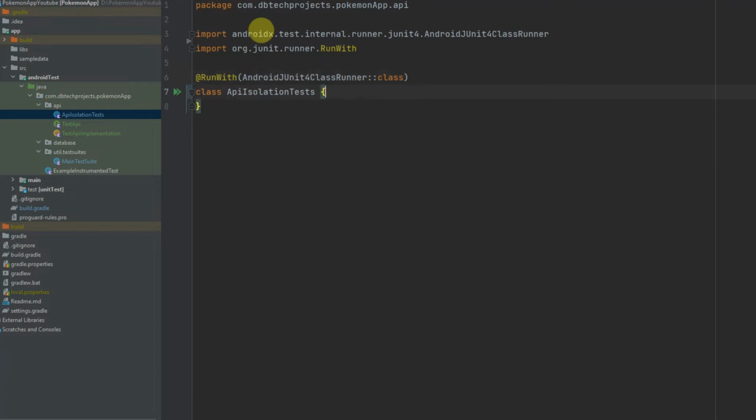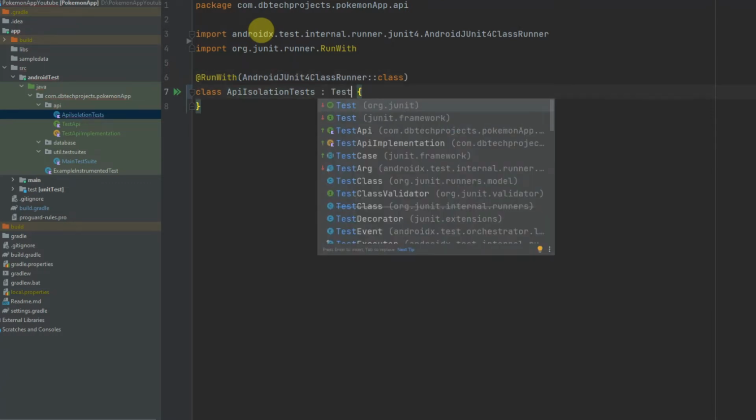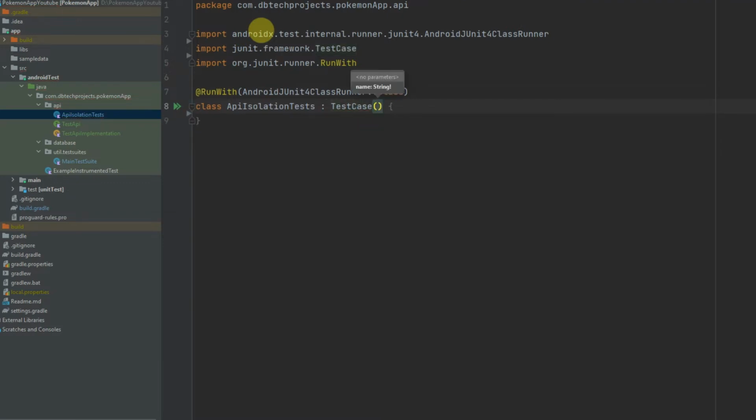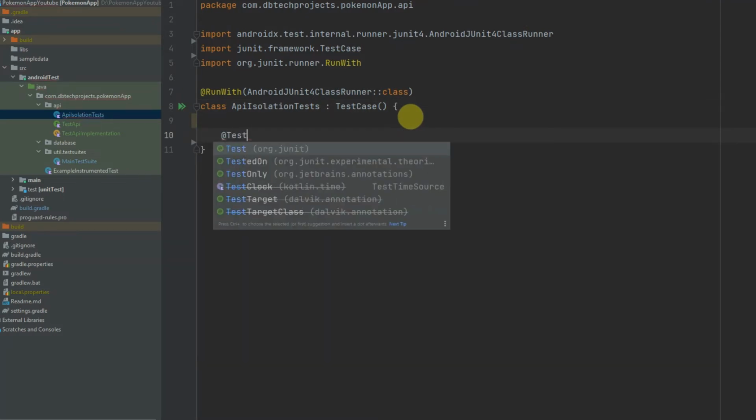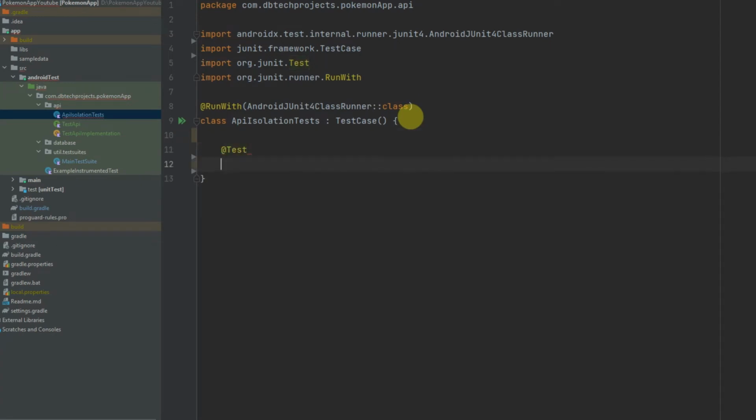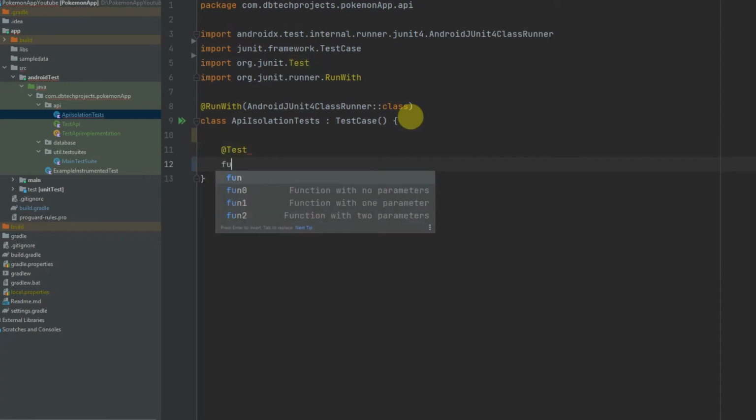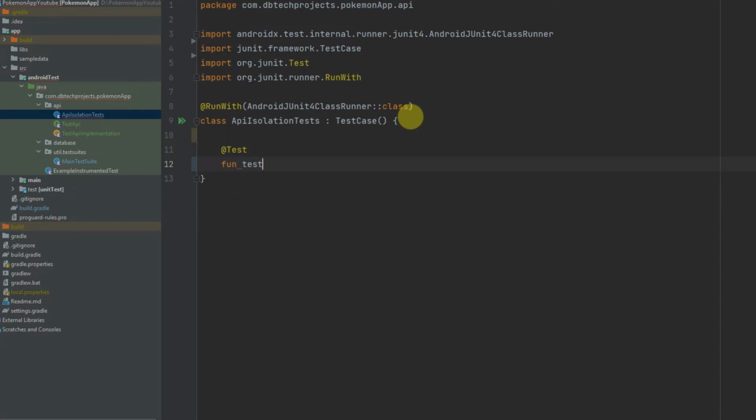There we go. And this class will also have to implement the test case class as it will be running tests. Now all functions in Android testing will need to be annotated with @Test, and that is the JUnit annotation. The first one will be called